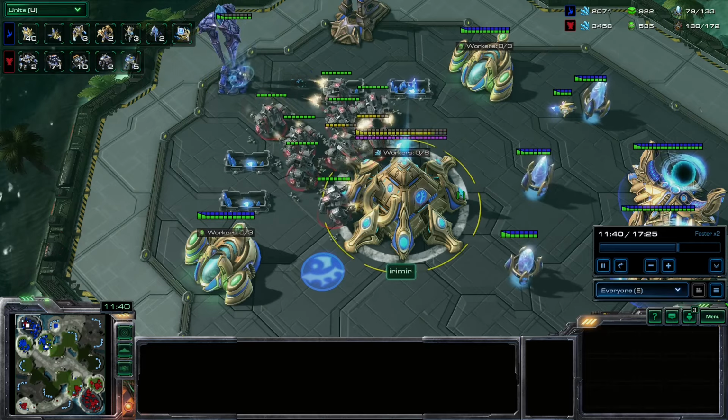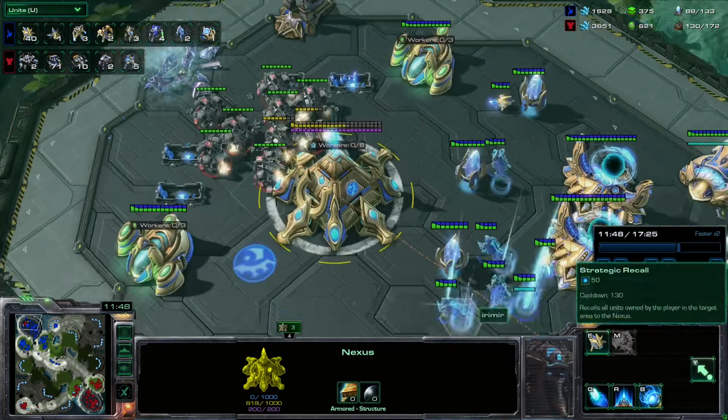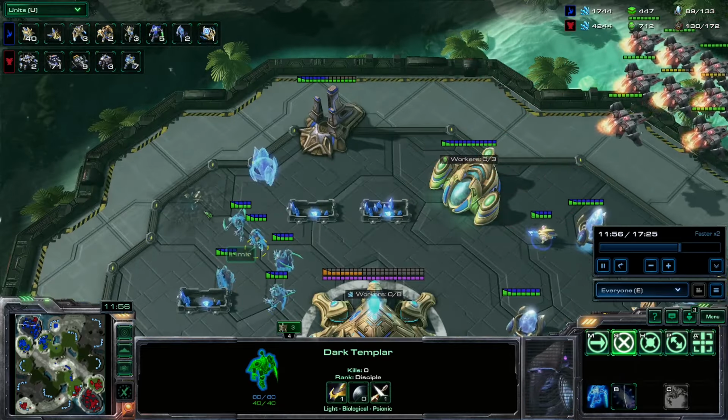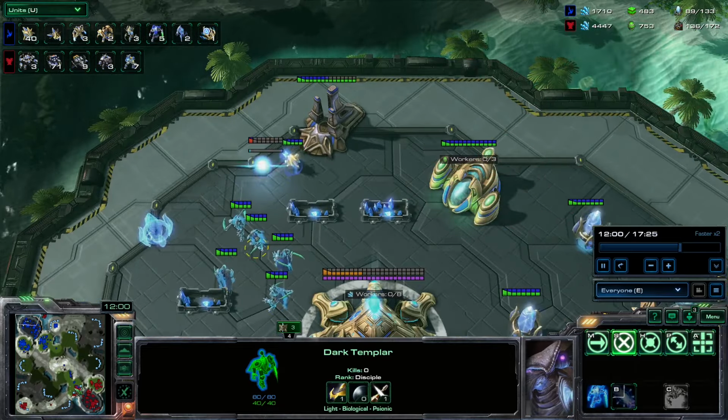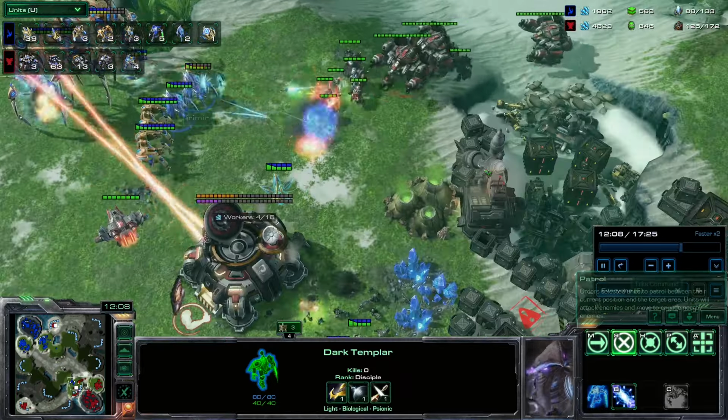We're attempting to take down as much as we can. What I should have done is focus fired on his Nexus, because that would have got rid of his chrono boost, but I did not do that, unfortunately. He's rebuilding and doing the counter-attack down here, and I have to admit, I'm amazed I survived this counter-attack, but